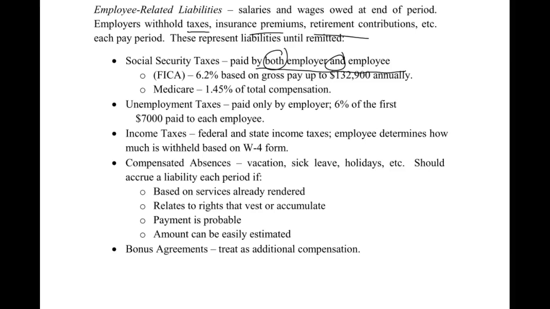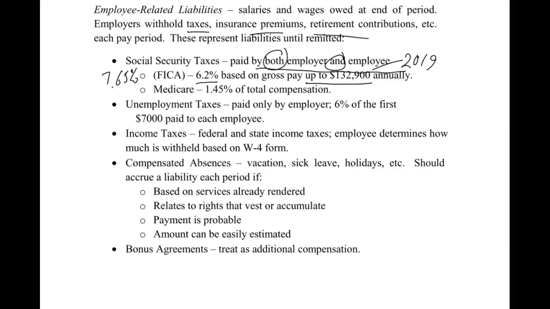All right, so there's two types. Basically the total is 7.65%, but there's limits on that. So you have the 6.2% FICA, and that is up to 132.9 thousand annually. Okay, so this is the 2019 number. It typically goes up a little bit each year. So if you're watching this, I'm not going to update the videos every year just for this number, but that's what it is right now.